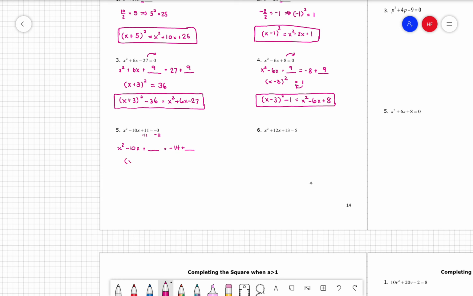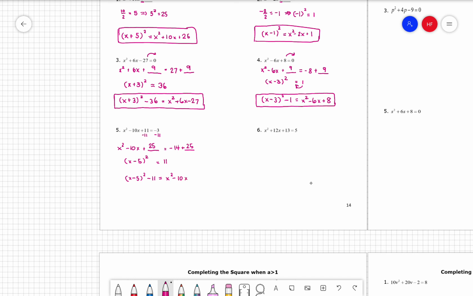I'm going to divide negative 10 by 2. Gives me negative 5. I'm going to square negative 5. That gives me 25. And then on the right I have negative 14 plus 25, which is 11. So then I'm going to move that 11 back over by switching its sign. So x minus 5 all squared minus 11 is the same thing as x squared minus